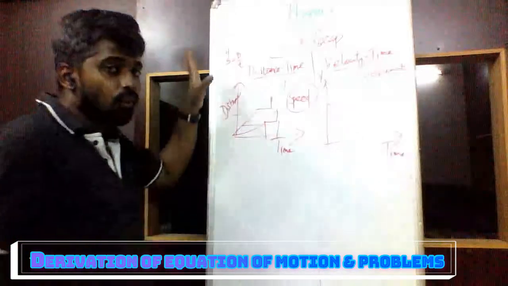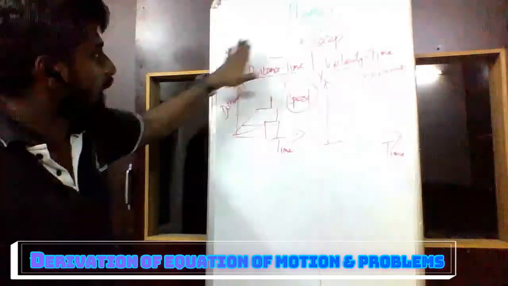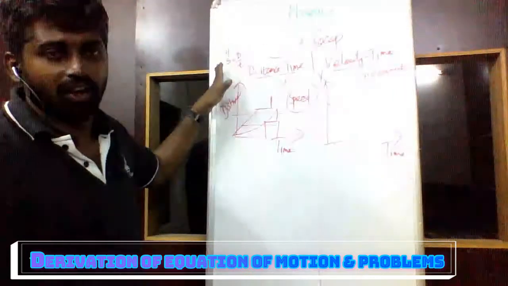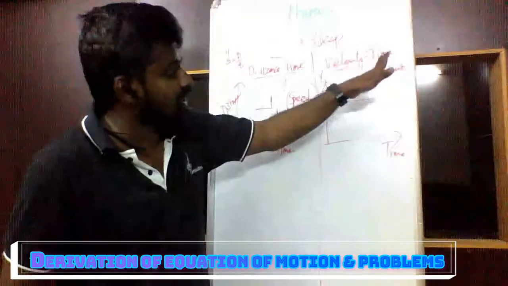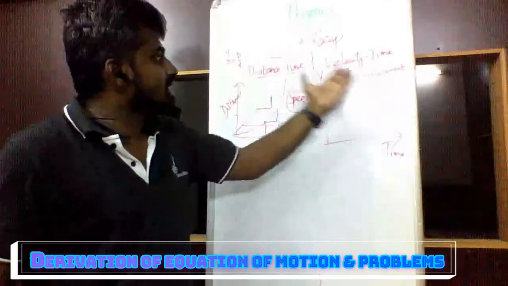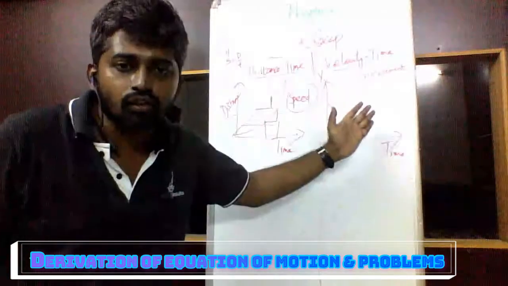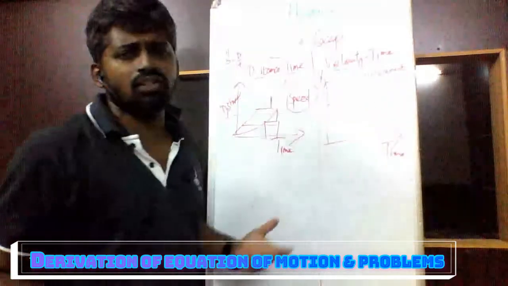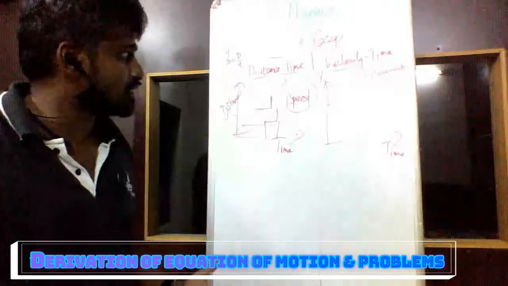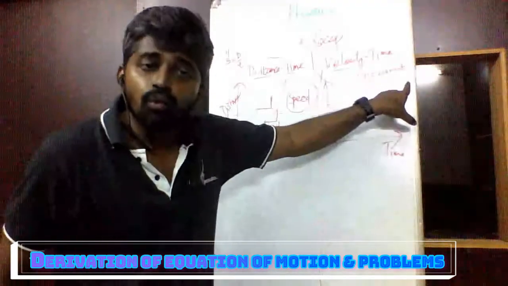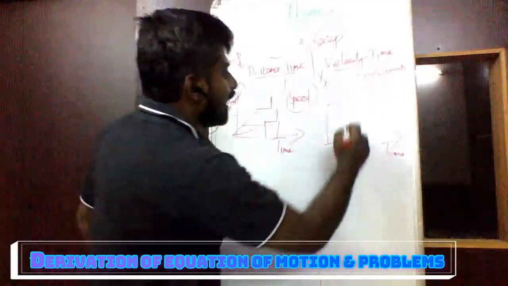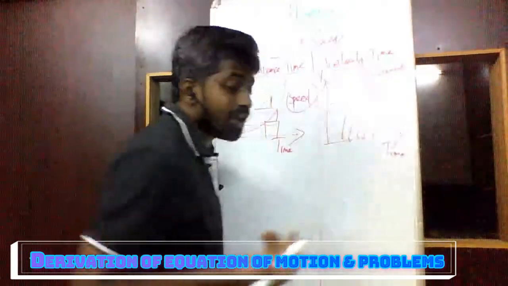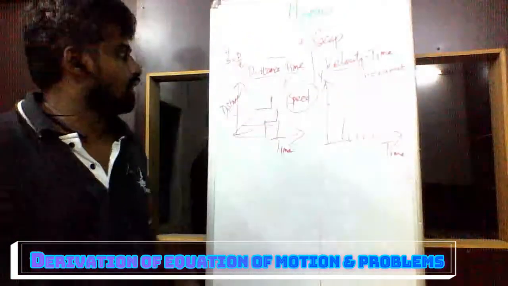Okay, this is a very important formula. In this formula everything comes. So in this formula distance and time are there, so we are finding speed. In the velocity time graph, what is not there? Displacement is not there, so we are trying to find displacement. So this is a constant velocity, acceleration is 0. Okay, how do we find this displacement? The area under this curve is called displacement. Simple. This is the first example.